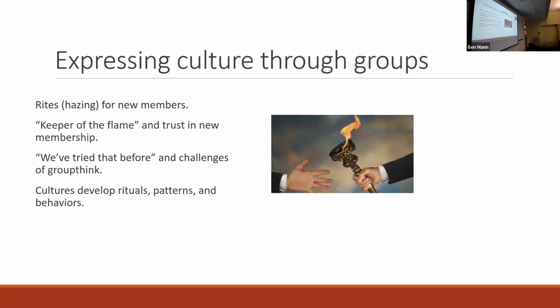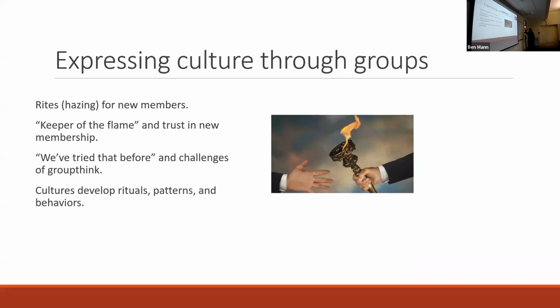You have a fraternity or sorority that asks people to drink an incredibly unhealthy amount of alcohol, or to do a behavior that's incredibly risky or dangerous. So that's the negative end. On the positive end, we can think about the rites of a new member as perhaps having a training, or having the opportunity to participate in some type of exercise or activity or mentoring that involves a new member.